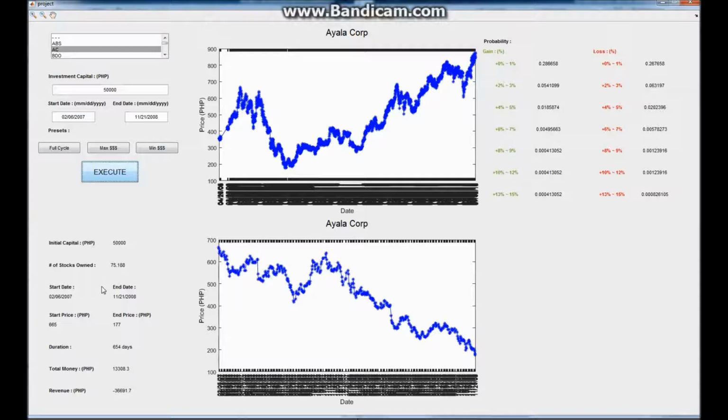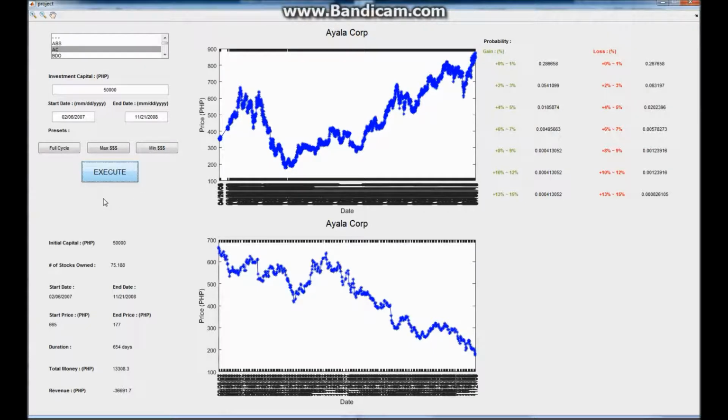So our 50,000 pesos is now only 13,308 pesos. So we lost 36,691 pesos. So basically, minimum gives you your worst investment time, and maximum gives you